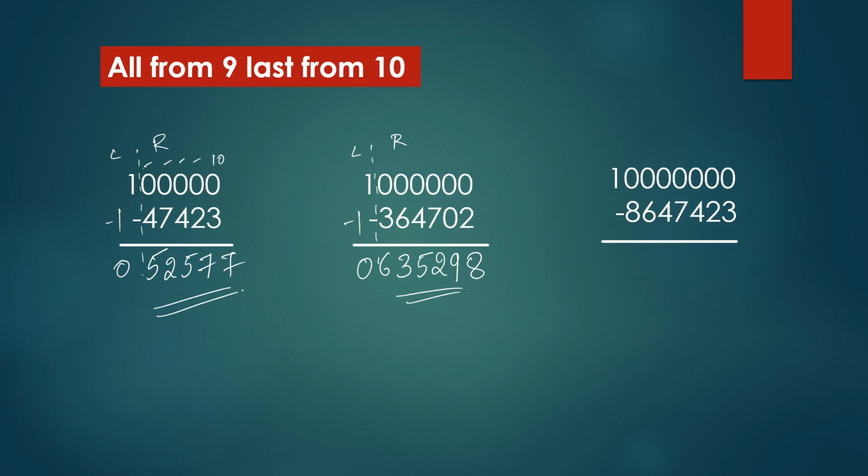So the last one, let me try with a reverse addition. Reverse addition means 3 plus some number should give me 10, but 2 plus something will be 9, 9, 9, like this it has to go. Let's see. 3 plus how much is 10? 3 plus 7 is 10. 2 plus how much is 9? 7 is 9. 4 plus 5 is 9. 7 plus 2 is 9. 4 plus 5 is 9. 6 plus 3 is 9. 8 plus 1 is 9. So that's our answer: 13,52,577.